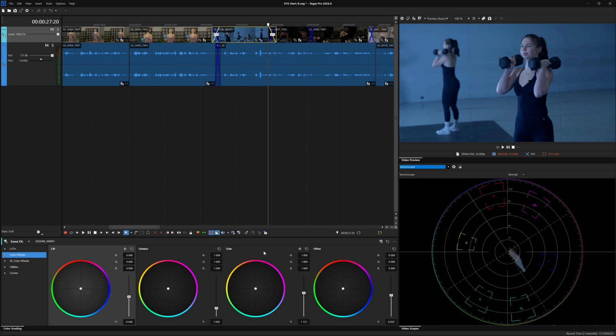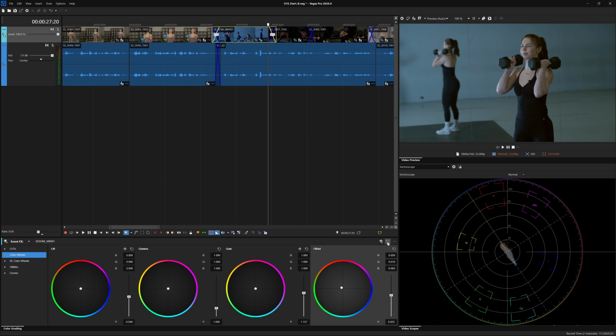For example, this image is obviously unbalanced just by looking at it. And the vectorscope confirms this as the colors are shifted away from white. To adjust the white balance, you can manually move the color wheels to shift the colors. You can see how the color representation changes within the vectorscope. Now, to save you a lot of time, there is an automated way to balance the color.